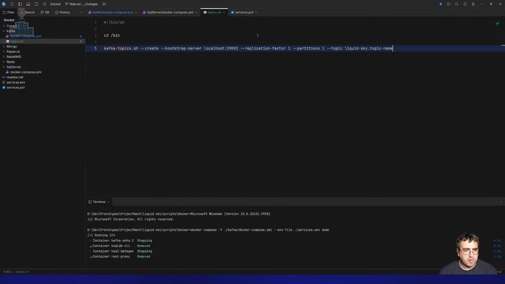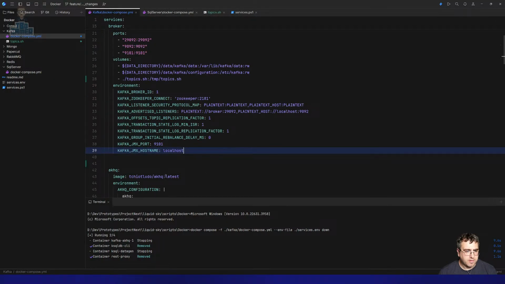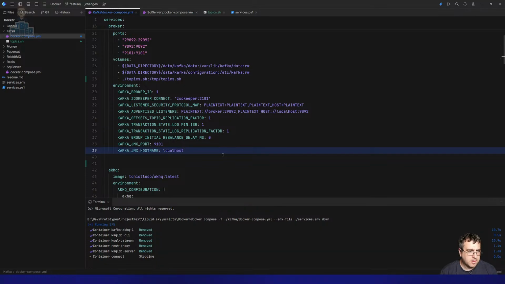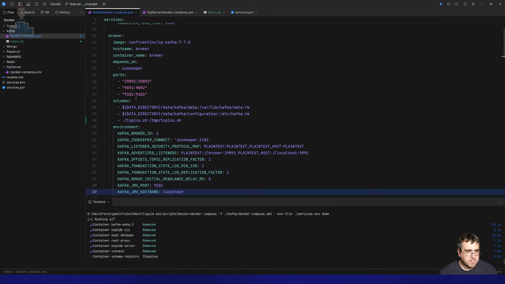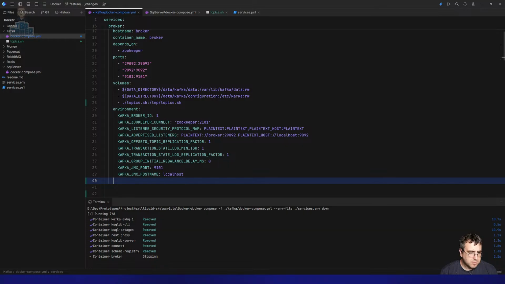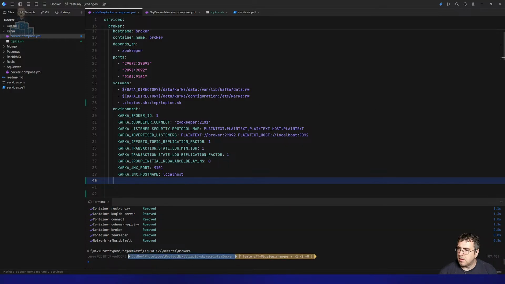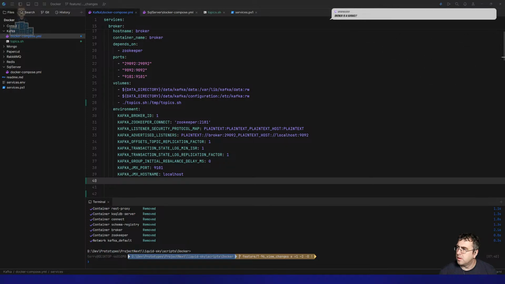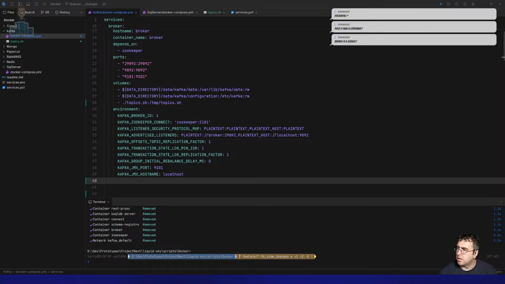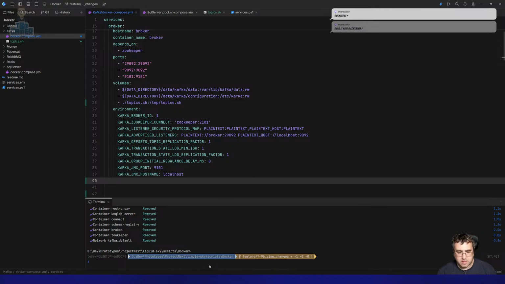So what I want to have happen is this script should run when the container is started, or when the broker is started, rather. And yeah, I think